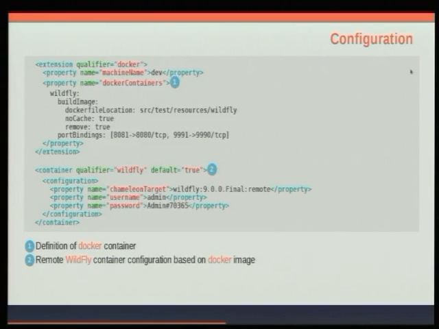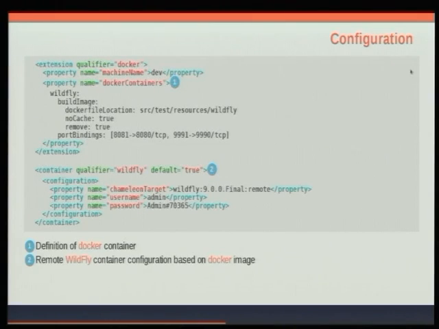Due to how Wi-Fi works with the authentication mechanism and so on, you have to set up some user as long as you're not running on the same host. So that's why these two are there. But as far as the Chameleon configuration, it's just telling it that it's going to use a Wi-Fi 9 remote adapter, and a combination of